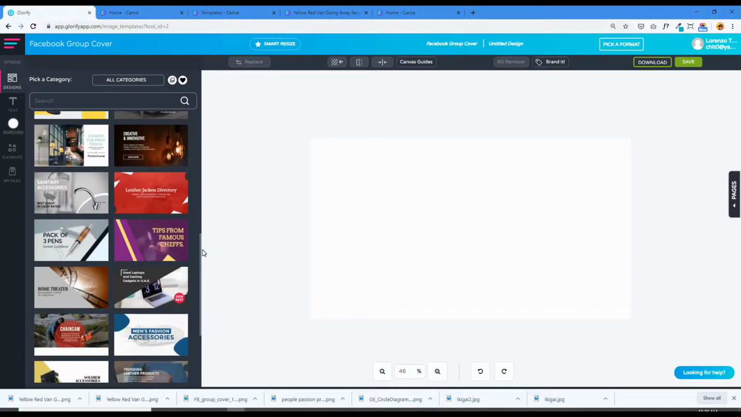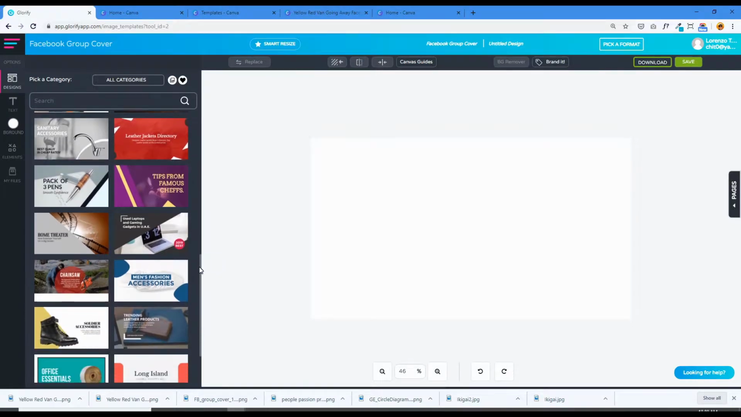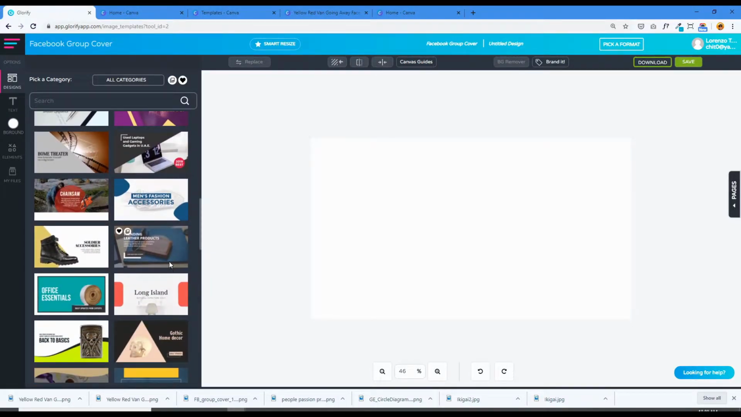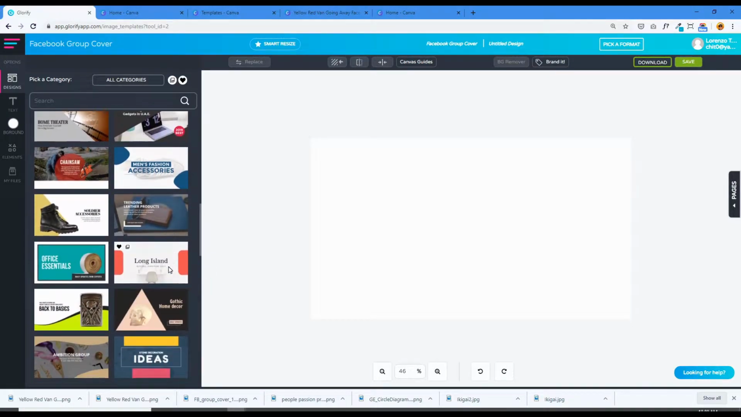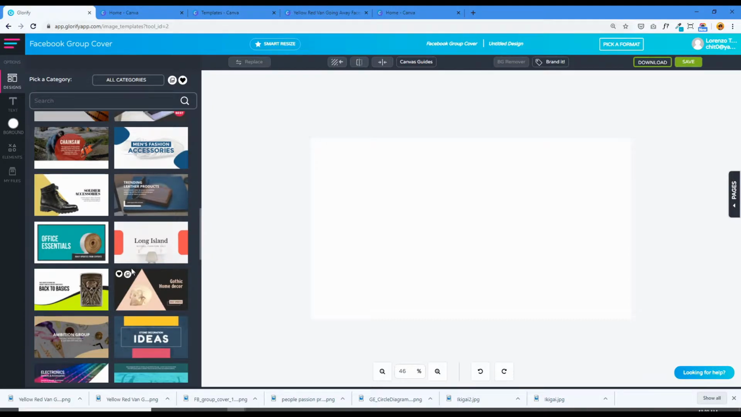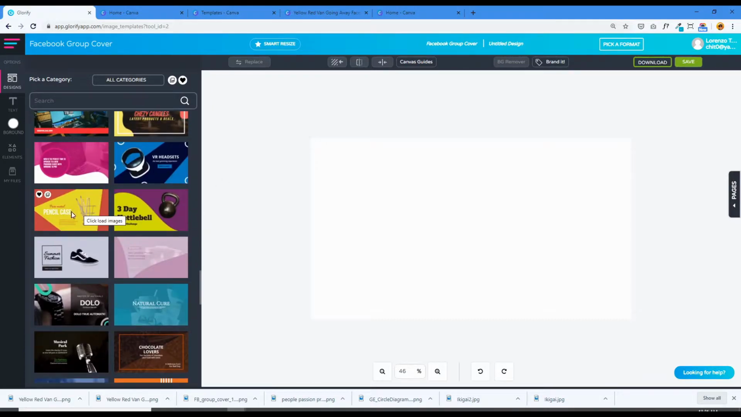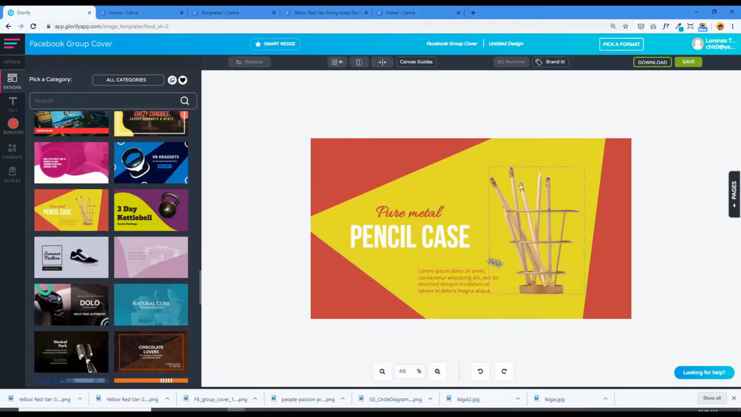So Glorify, unlike Canva, is more targeted for businesses, online marketers, people who are selling stuff online, not just for invitations to parties or postcards. Okay, let's pick this one. Okay, so what I'll do is